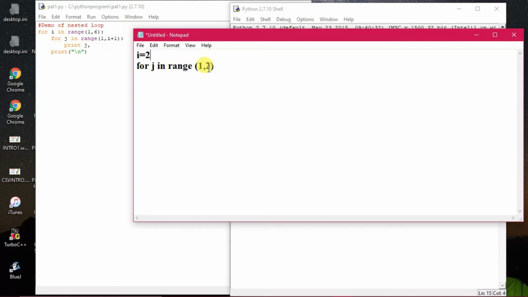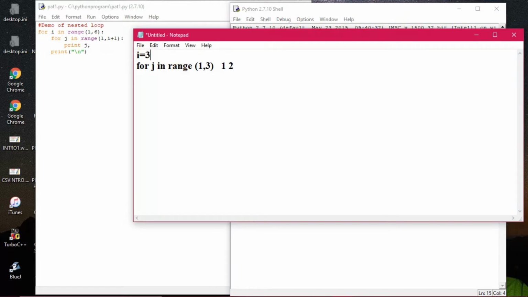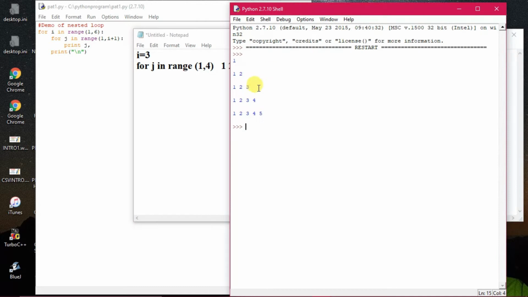When the value of I is 2, I plus 1 is becoming 3. That means how many times the loop will be running? First for the 1, next for the 2. That is 2 times the value will be generating. So here quite rightly the two values have been generated. And when the value of I will be equals to 3, then I plus 1 is 4. So how many times will it run? As per the functionality of the range, 3 times the particular thing will run, and each time the value of j is printing. That's why 1, then 1 2, then 1 2 3, then 1 2 3 4, then 1 2 3 4 5 has been printed.